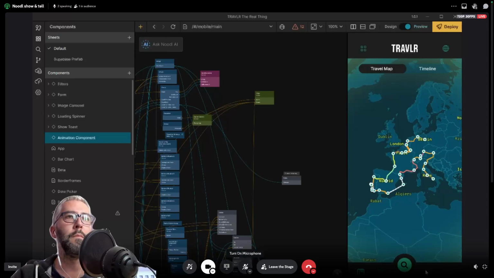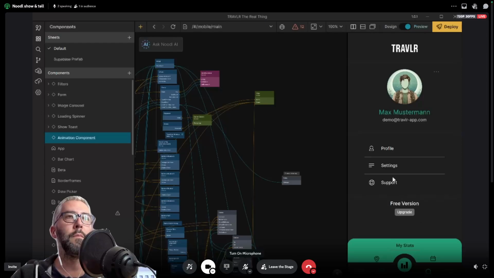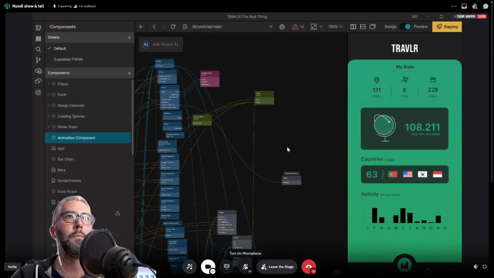Then there's the profile section, where we have a little stat screen. Here you will see the activity per month, total traveled, and all the other data regarding the trip. You can scroll through the different flags of the countries where you've been. You can change to miles, which are just little gimmicks for our presentation here. But we want to have a very interactive statistics screen. And the last thing that we currently have in the app, oh no, I don't even go there,